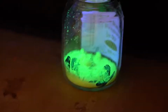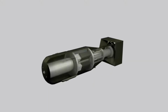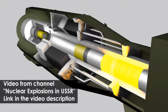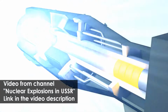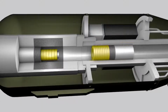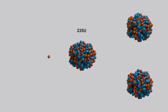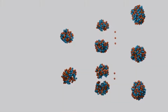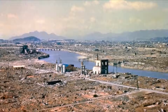And now, let us recall the title of this video and answer the question why uranium is so dangerous. It's so because this is the very metal that the Little Boy bomb dropped on Hiroshima in 1945 was made of. This bomb was designed using the gun method. Two parts of enriched uranium in subcritical state were shot into each other. After contact, the mass of uranium would reach a critical point, and this would trigger a chain reaction when uranium nuclei would start dividing under the influence of an enormous amount of neutrons which reflected off the tamper made from tungsten carbide. As a result, the nuclear explosion killed about 2,000 people, becoming the first use of atomic weapon